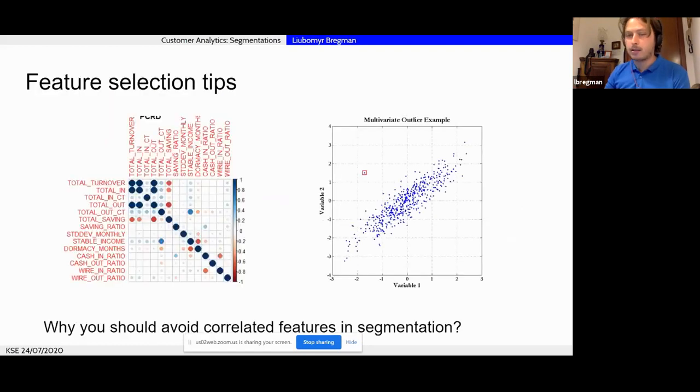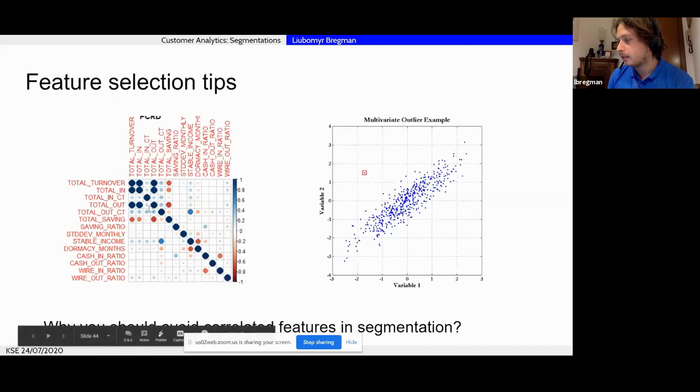Then there are some technical tips on how to do feature selection for such cases. So the first one, and always the easiest one, is a correlation matrix. So right now on the left part of the screen, you see a pretty easy, easily runnable correlation matrix visualized across all features.